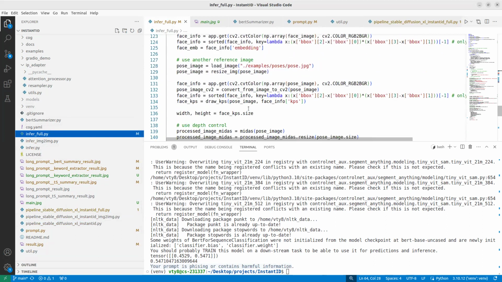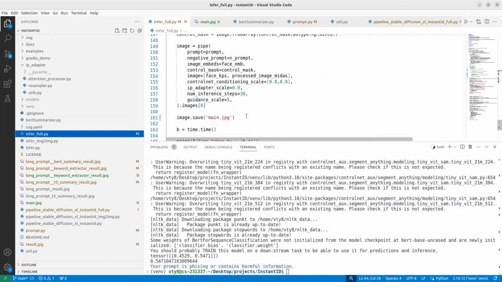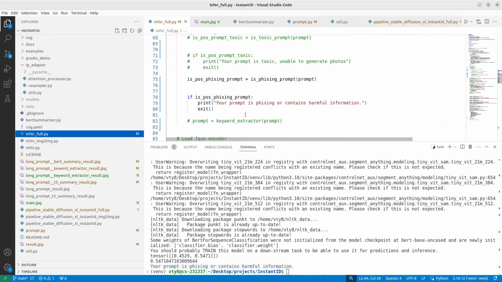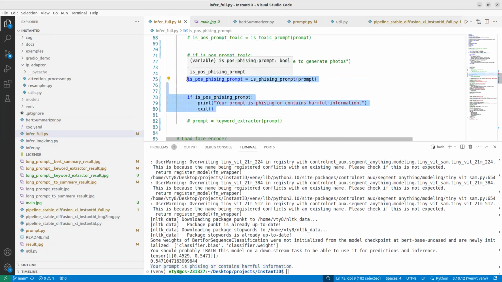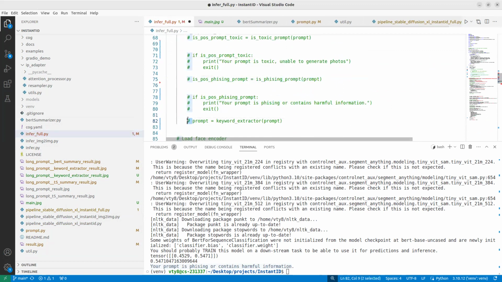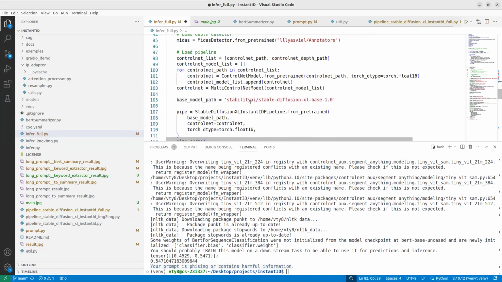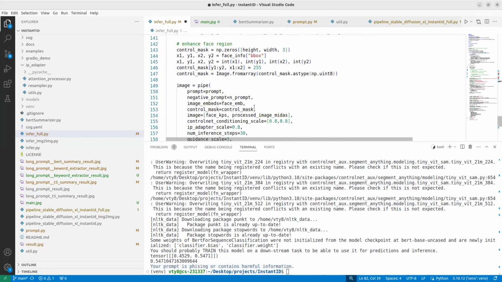In the case of the summarization technique, there are three types of summarization. So I'm just commenting them out. And then first of all, the T5 generator, T5 summary generation. So changing the file name,